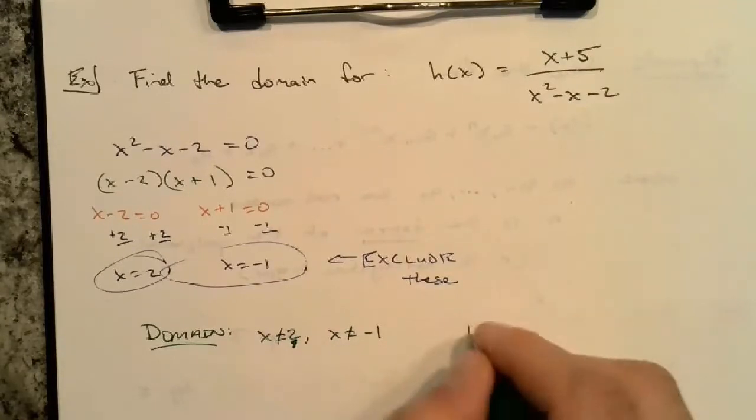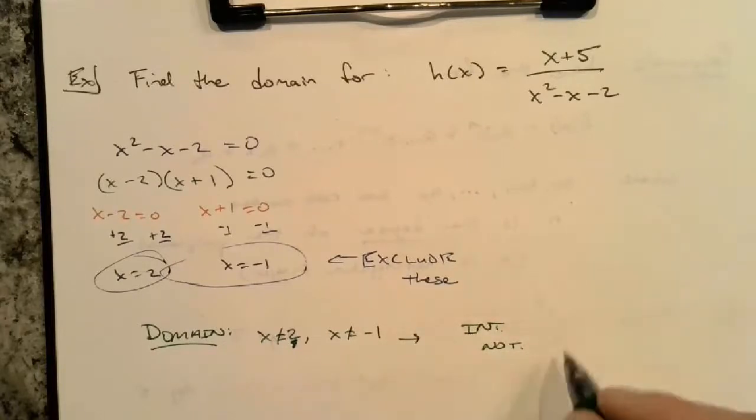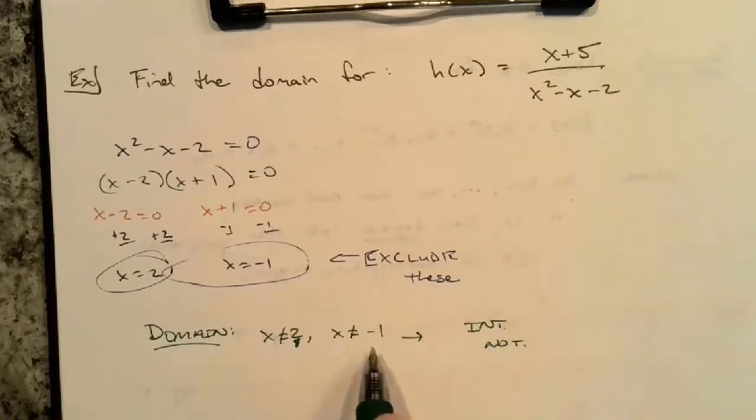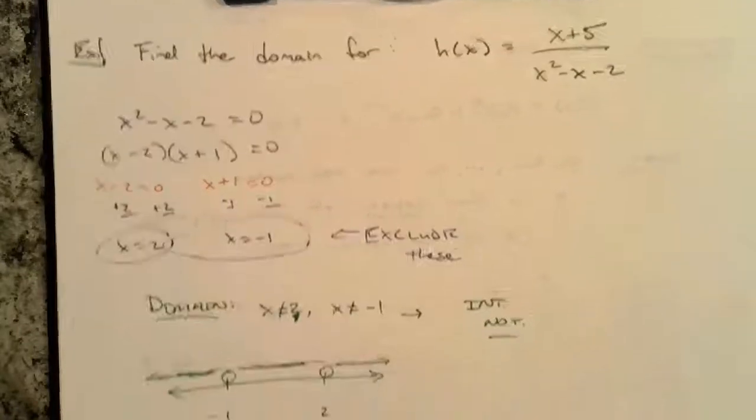If I asked you to write this in interval notation, it's the same thing, except you're not using -1 and 2. Make sure you know what it looks like. Here's -1, here's 2. We're not using those, but we're using everything here, and everything here, right? Up until those values. So writing this in interval notation, we would be left with,